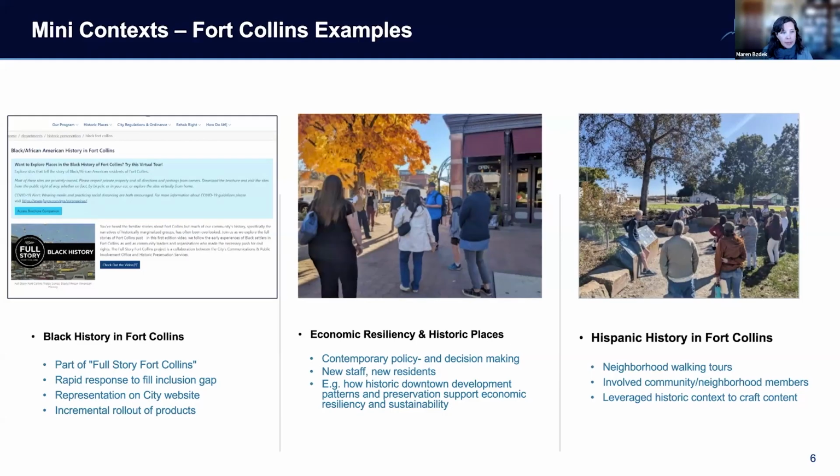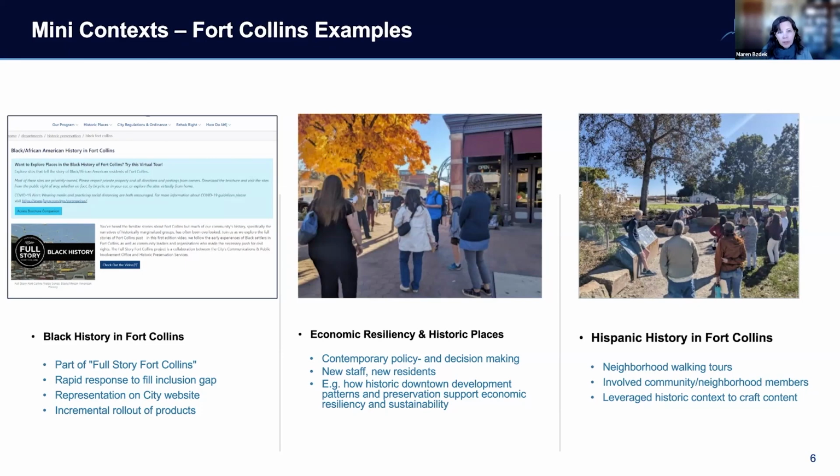We're also offering tours. In the middle of this slide, you'll see our senior planner, Jim Bertolini, in the blue shirt there, who's giving a tour to a group of planners from Larimer County government, one of our partner jurisdictions here in northern Colorado. The purpose of that tour was to walk those staff members around our Old Town area and connect our historic development patterns to a lot of the current policy and decision-making that's going on here in our area and communities all over northern Colorado. In this particular case, that was the interest of that group of people.